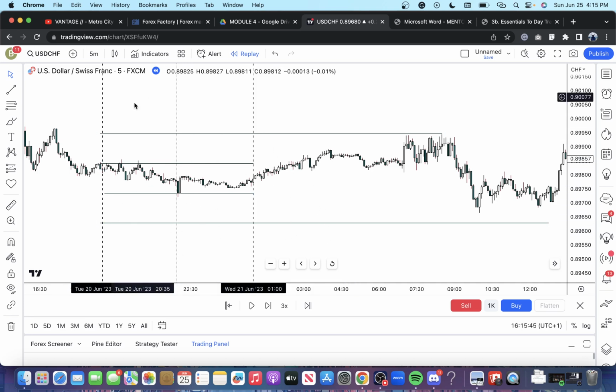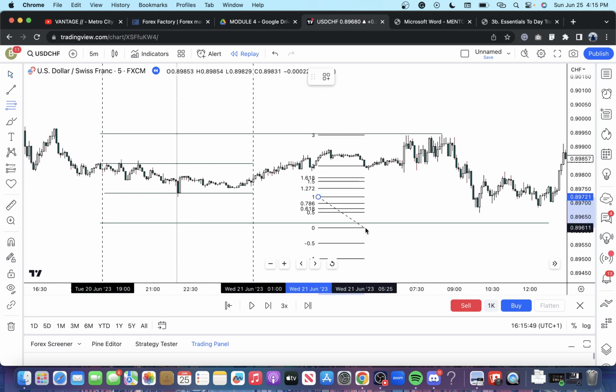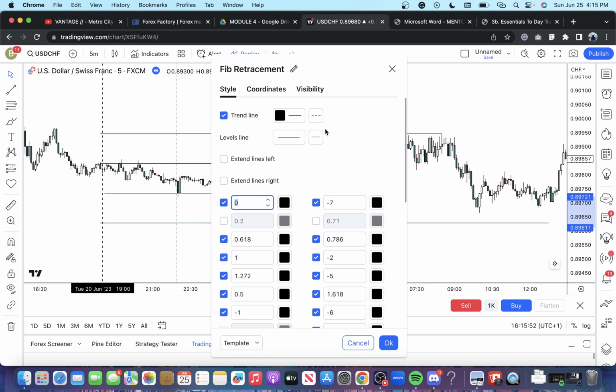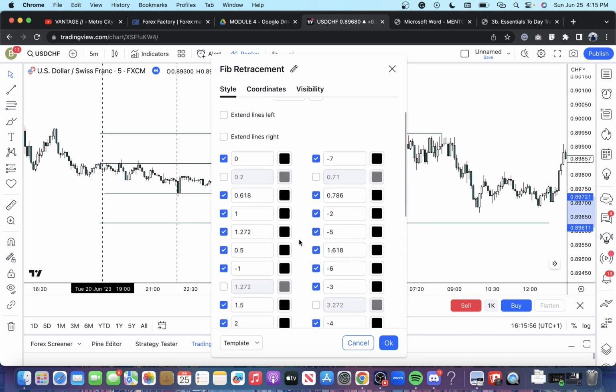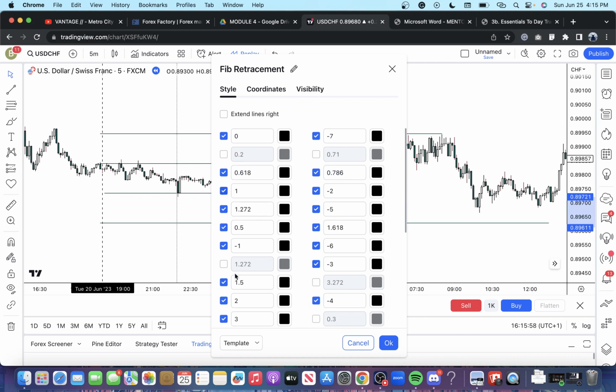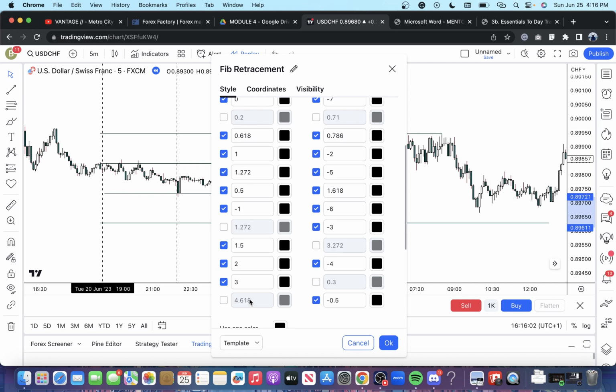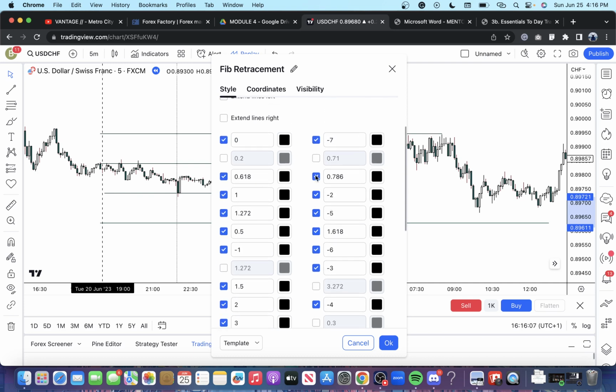So the simplest thing you want to do is go to your Fibonacci settings. All right, click on your Fibonacci settings, draw it out, go to the settings, and then what you want to do is set the levels on your Fibonacci to 1, -1, 2, 3, all right, -4, -3, -2, -5. Okay, and what this actually does with your Fibonacci is